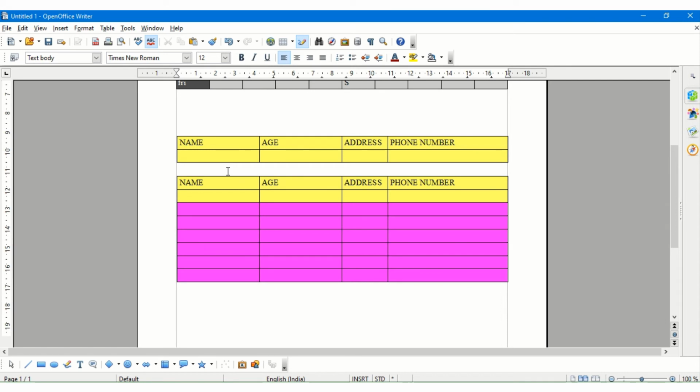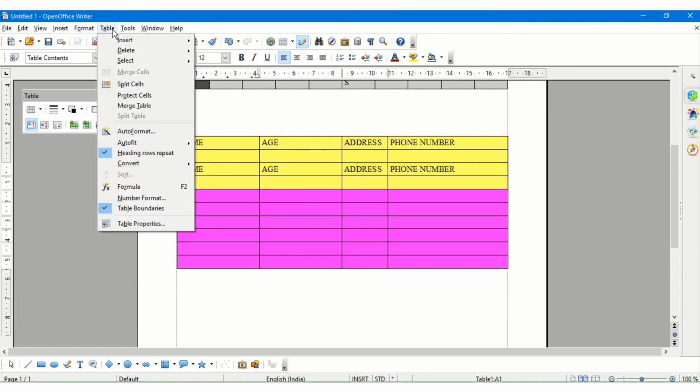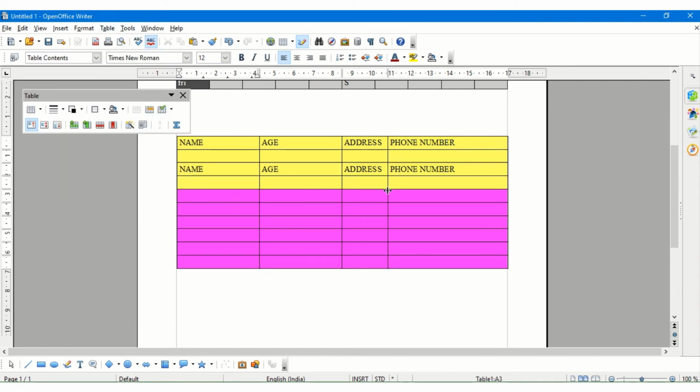Again, I am going to delete the space, table, and merge the tables. Then the two tables have actually physically got merged. So whatever I do on one table, it gets applicable to the entire table. So this is how we can split a table and merge a table, and split cells and merge the cells through this particular option. We can also do it from here. This option of splitting cells can be done from here also.